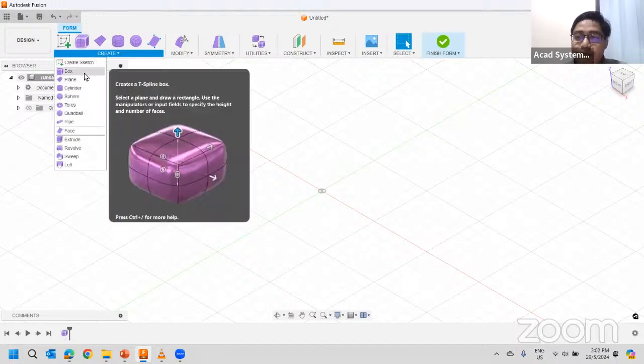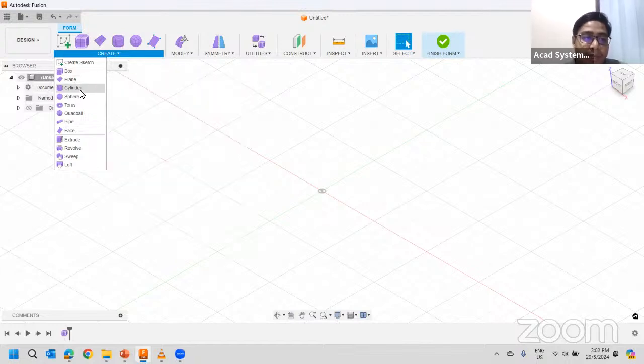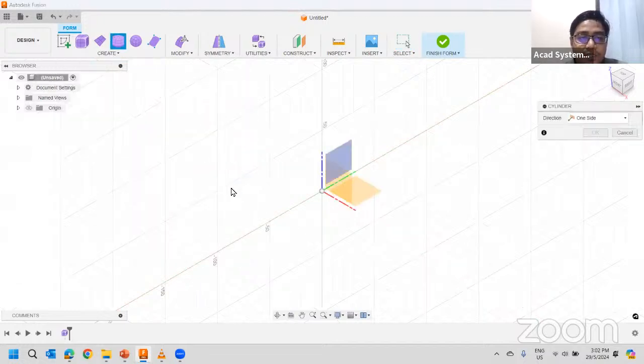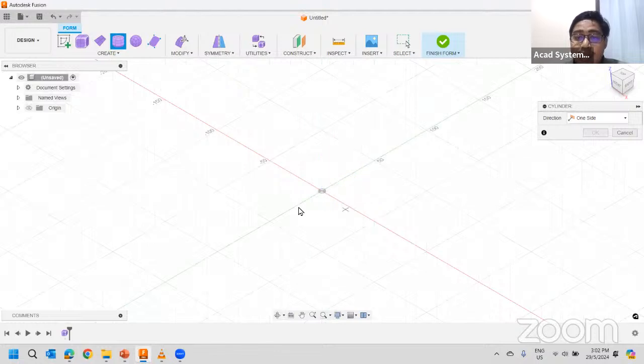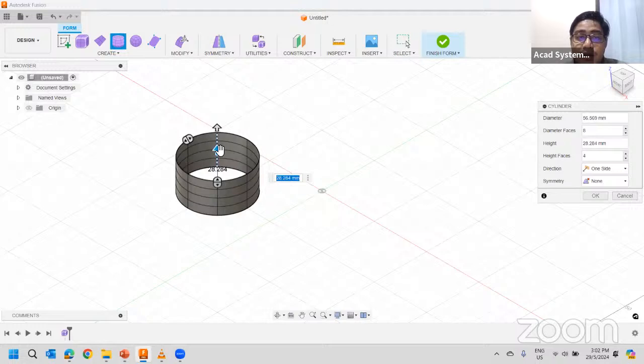So from here, I have a primitive, right? Which allows me to create a box, planes, cylinders, and so on. And down here, I can create a form based on my sketch. So if I want to create from primitives, I can select one of the forms from here. Maybe I pick the cylinders. I can start to create planes, and then I can click the size that I want from this